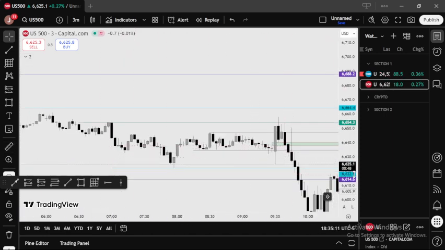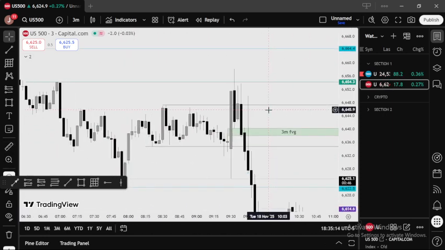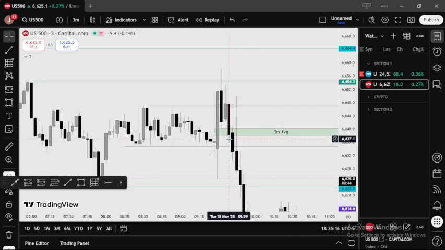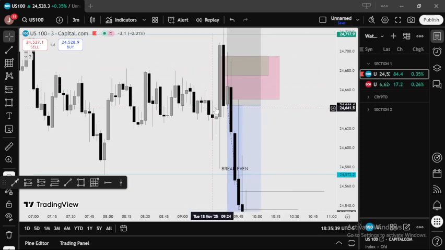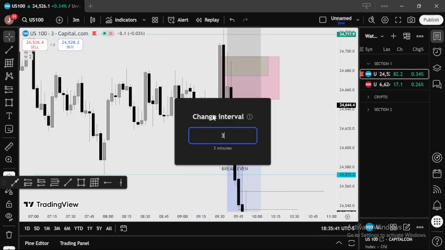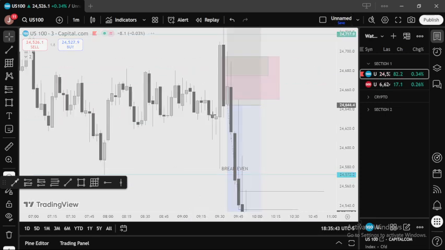A few minutes later, we did end up inversing the 3 minutes. And when we did inverse, the high time frame inversion is the greatest for me. Like SMT and the high time frame inversion, if you get that, you're winning 90% of your trades. So when we got that, price started going lower. On the 3 minutes on Nasdaq, we didn't have the 3 minute high time frame inversion. We just had the 1 minute.